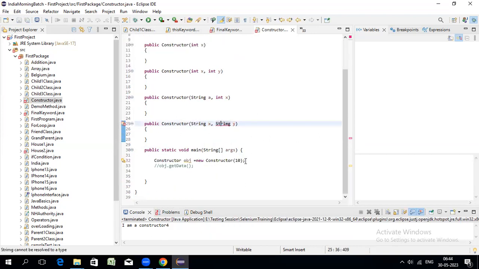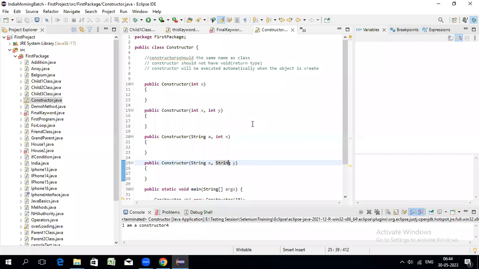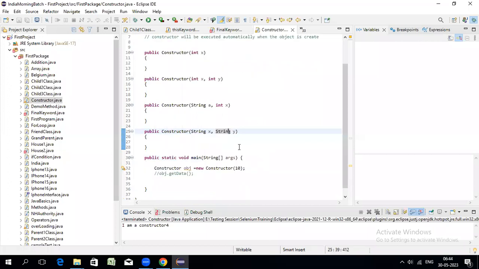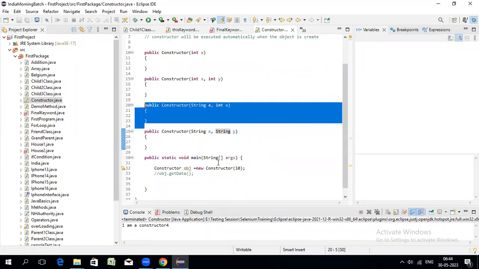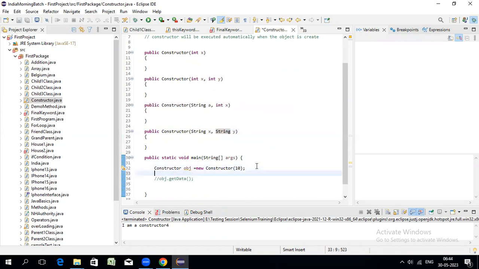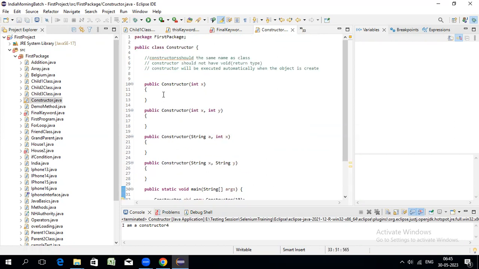Now, when I run this, which one will be executed? The first one will be executed, by index. Yes or no? Now, if I want to run this, then I have to create one more object. You agree? So we can create multiple objects, no problem at all. But the object name should be different. Here you can give some values, a string name and a value. So now if I run this,